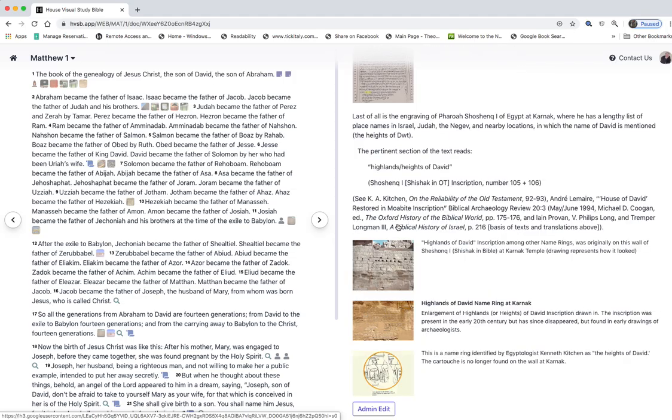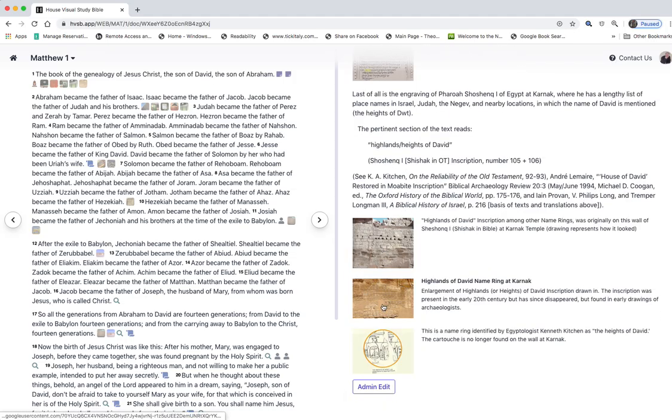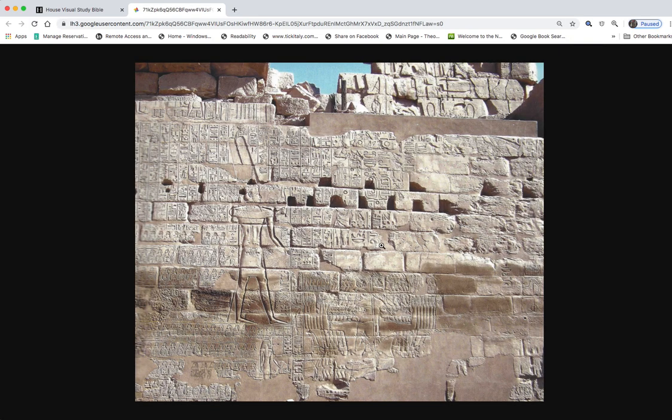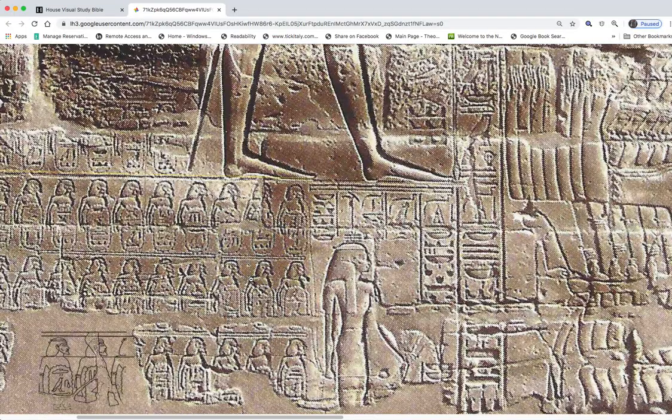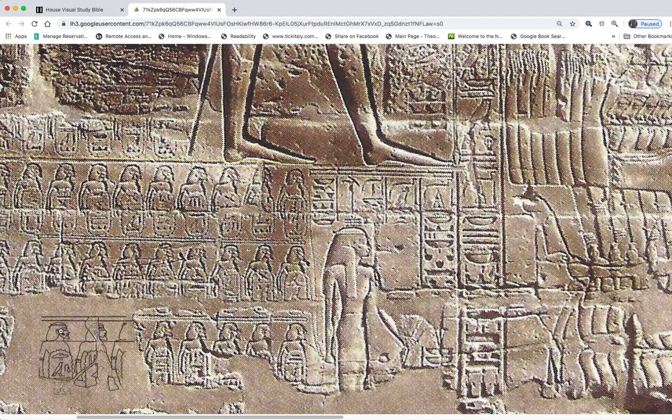And then I move to another source, all the way going down to Egypt, about another inscription, the Highlands of David, with King Shishak mentioned in the Bible, Oshoshuk in the Egyptian at Karnak. And there you have the translation. Here's a source. You can look at the entire wall if you click it open. And that shows you the wall where it came from, which is right down here, if you'll notice. And then I can make that bigger if you want to look at more detail and see exactly that this actually is